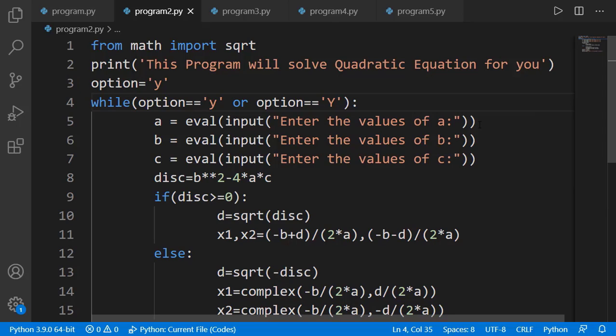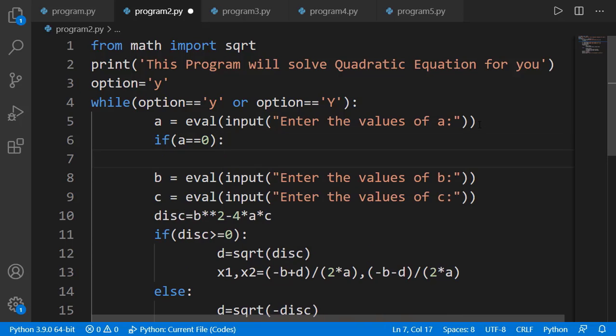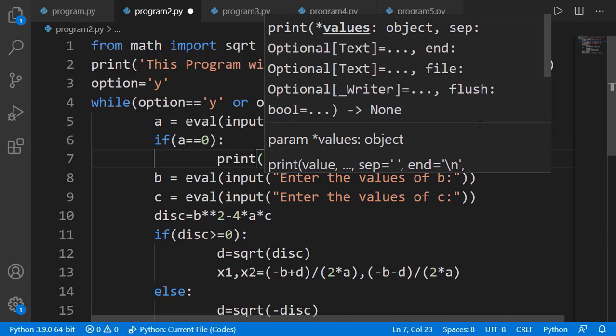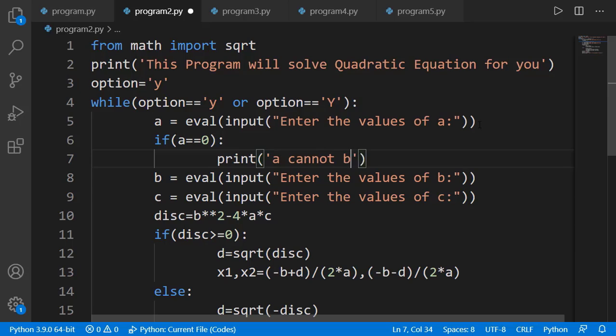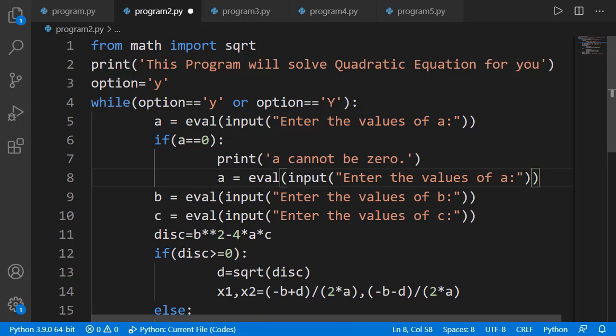So the solution can be validating if the value of a is 0 or not. So I can write an if statement over here that if a entered by the user is 0, I can display an appropriate message. And I should also ask him to re-enter the value of a. But the question is, are you sure that he will enter the correct value on this line number 8 now? Maybe the second time again he will enter the value of a as 0. So instead of the if statement on line number 6, if I make it a while statement,